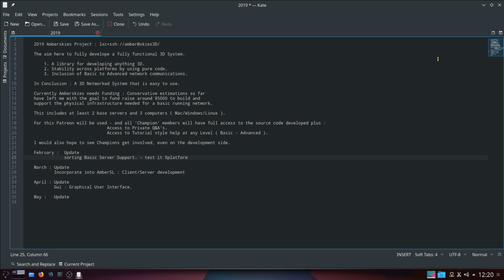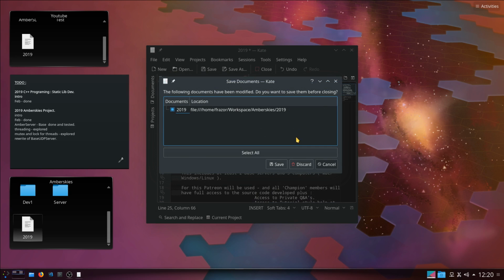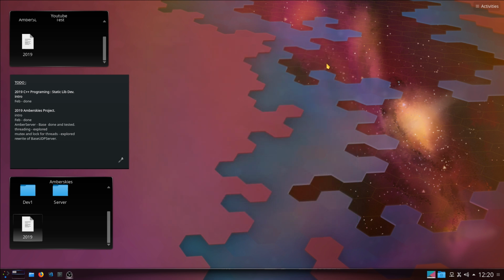A bit like the game was written over Christmas to test the original Amberskies. We'll see how that goes. And that's it. On that note, I will come back to you with an update next month. And hopefully we will be on track to start implementing full networking for Amberskies. Won't that be good? We're very close now. Very, very close already. All the research has been done. It's just sitting down and design work.